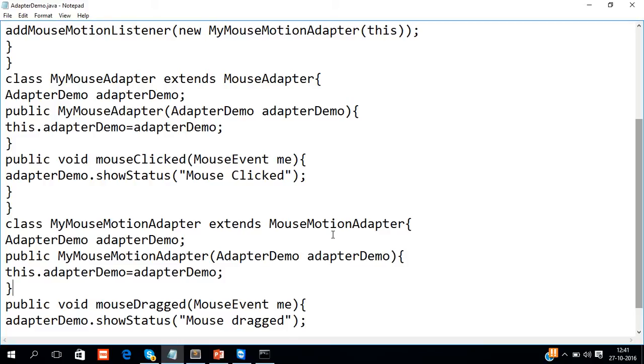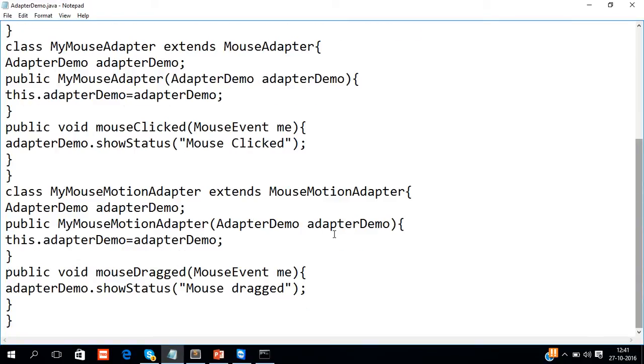The other mouse motion event is silently ignored by the code inherited from the MouseMotionAdapter class. Note that both of the event listener classes save a reference to the applet. This information is provided as an argument to the constructor and is used later to invoke the showStatus method.